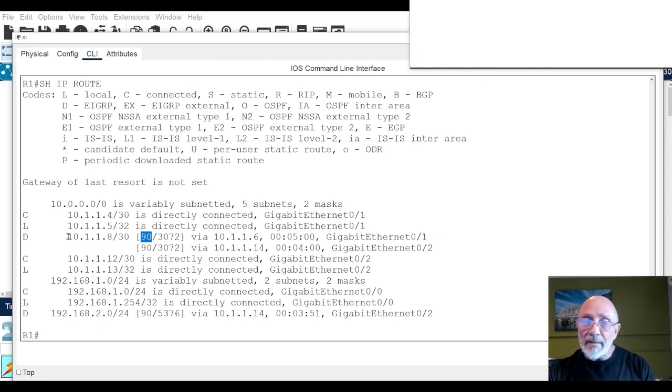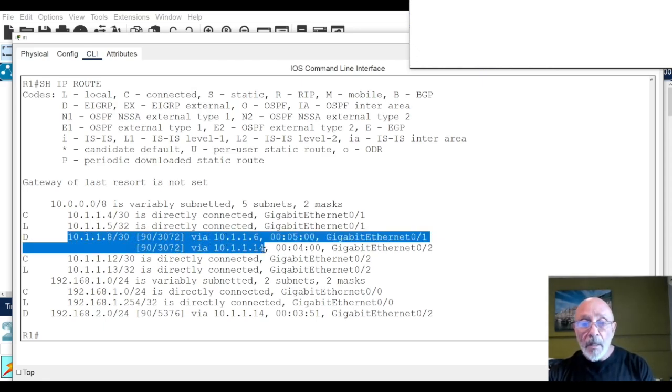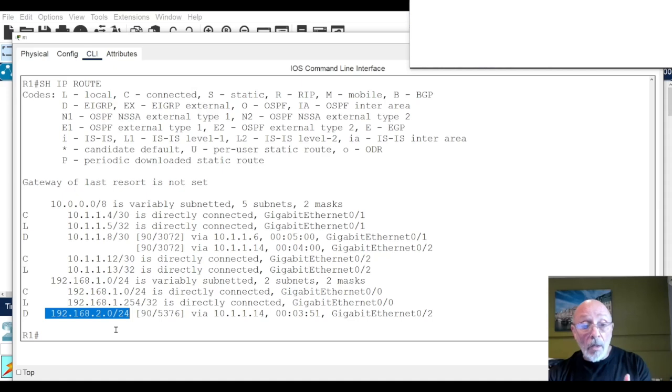Now, notice one thing that RIP didn't do by default. Look at this right here: 2 ways. It's load balancing because it's Fast Ethernet with the same K values, so it calculated the same reported distances to get where you need to go. It load balanced across both the top and the bottom, the 6 and the 14. These are considered successor routes, and you will learn that. But here's our destination network, still only one way to go.